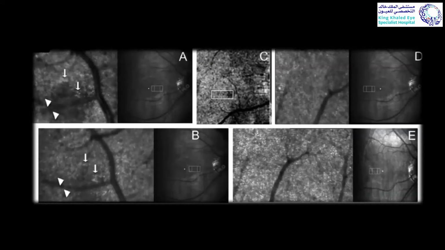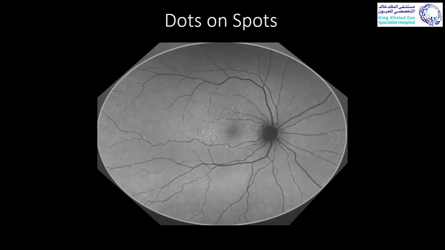What is more interesting about MEWDS is the autofluorescence, because most of the uveitis specialists nowadays diagnose MEWDS based on the OCT and autofluorescence. So David Sarraf recently described a very interesting finding in autofluorescence, which is the dots on spots phenomenon. You can see this patient is a MEWDS patient who presented a few weeks after the initial symptoms, and you can see these dots that are causing hyperautofluorescence.